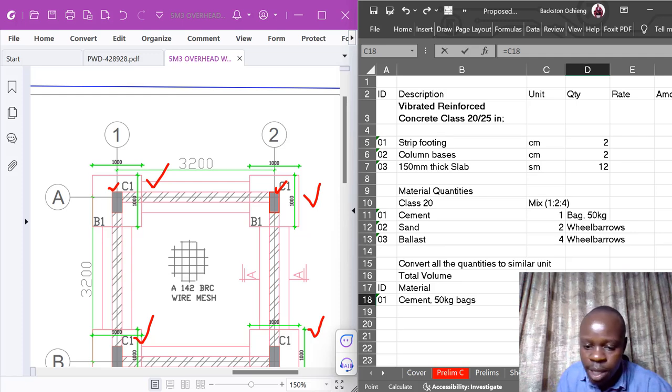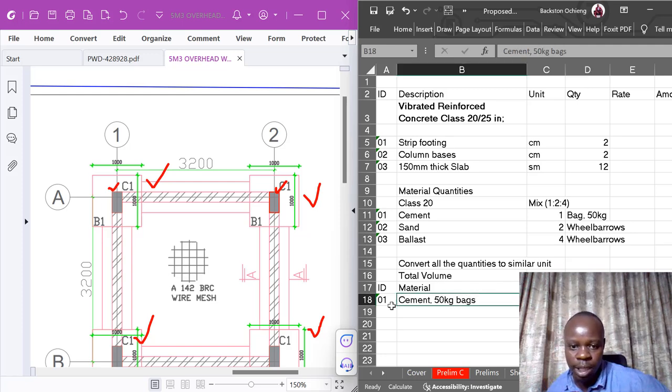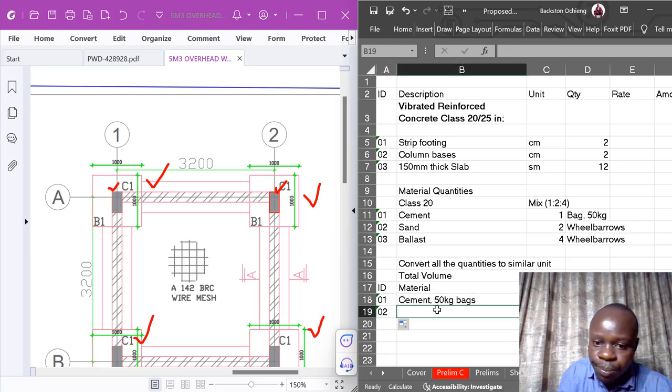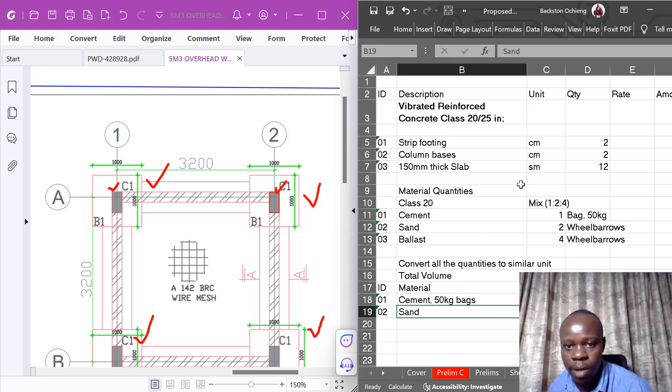I have there 6 bags per cubic meter times the total cubic meters we are dealing with, which is 6. So that means I'll need 36 bags of cement in that case. Then the next item I'm going to look at is sand. Now the sand here we should be talking about